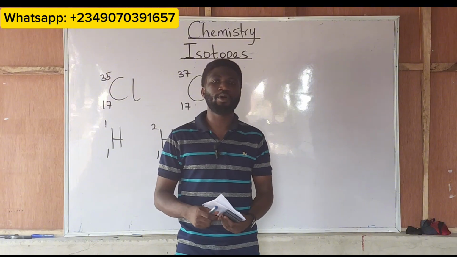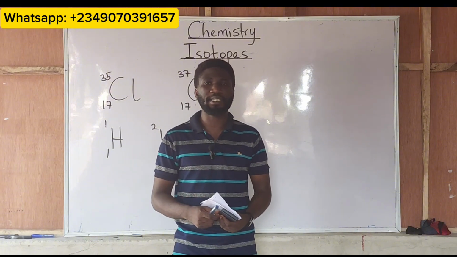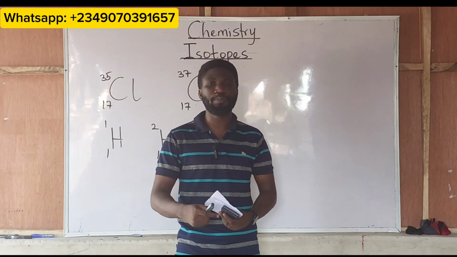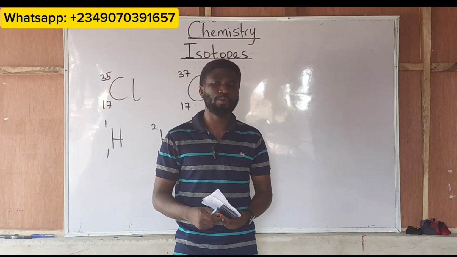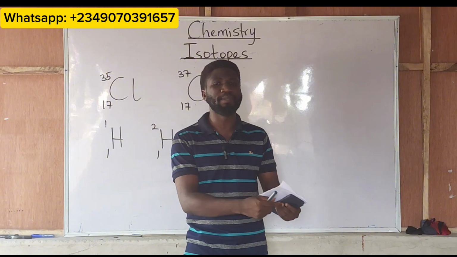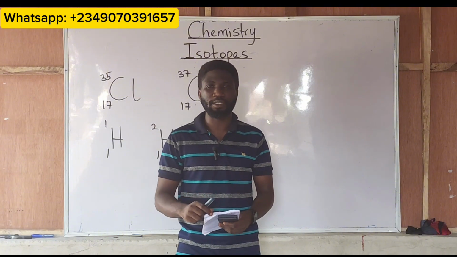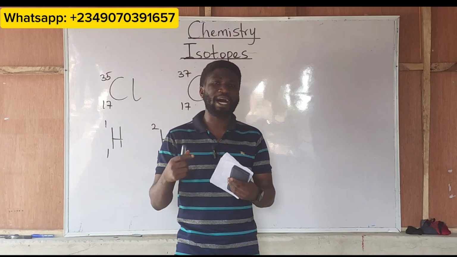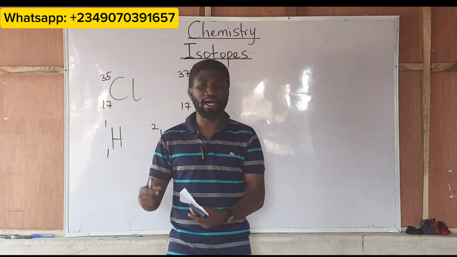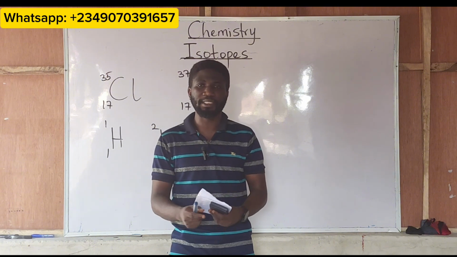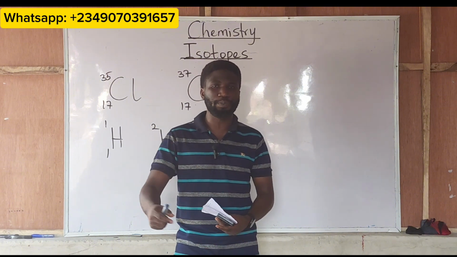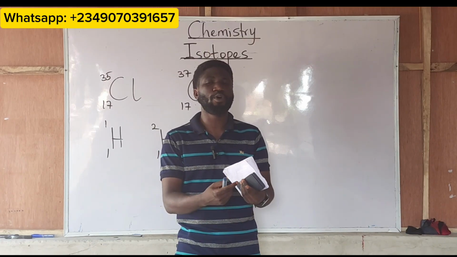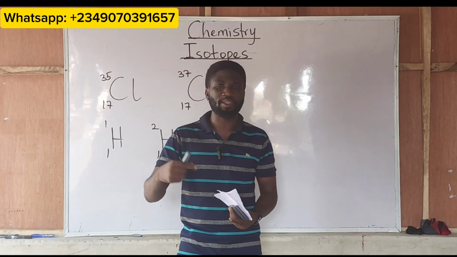Then we need to know what we call isotopy, because there is a difference between isotopes and isotopy. Isotopy is a phenomenon whereby atoms of the same element have the same atomic number but different mass number. Isotopes are atoms of the same element having the same atomic number but different mass number. But isotopy is the phenomenon, the occurrence whereby we have two or more atoms having the same atomic number